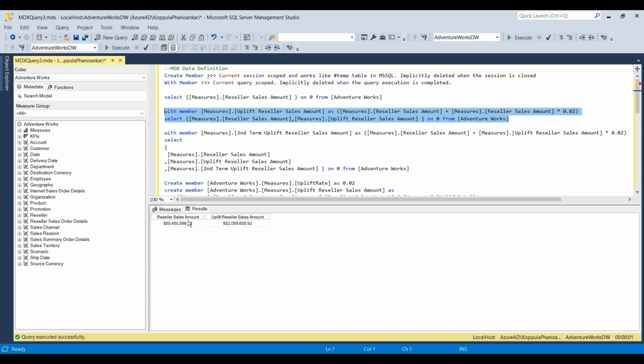Now you can see this is my original reseller sales amount. Combining it with my uplift value of 2%, this is my new reseller sales amount. This is how I achieve this scenario. But